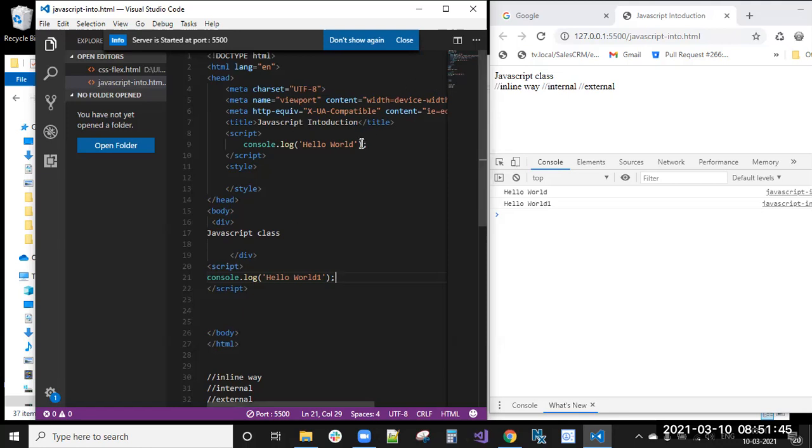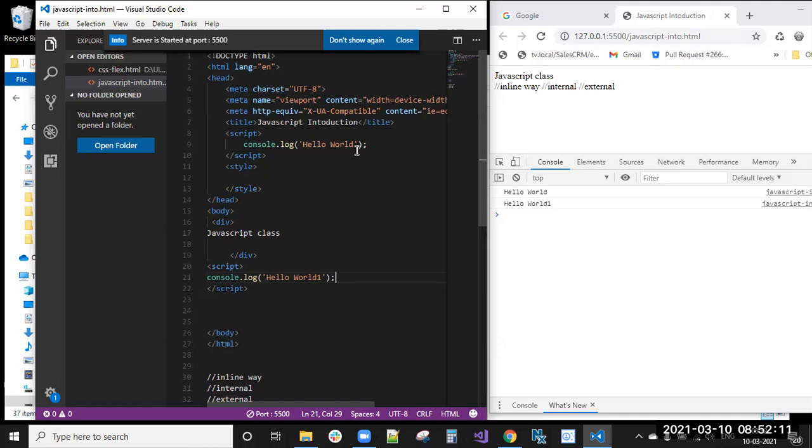If you are writing simple JavaScript, you can write it internally also, that is fine, no problem. But when you are dealing with large functions, and those functions also contain some immediately invocable functions, which I will explain in the functions class, in this case no need to write it the internal way. You can write it the inline way. Then first the HTML web page loads.